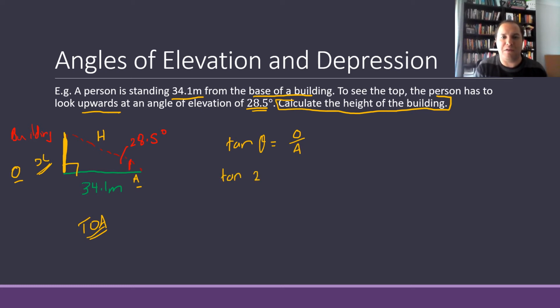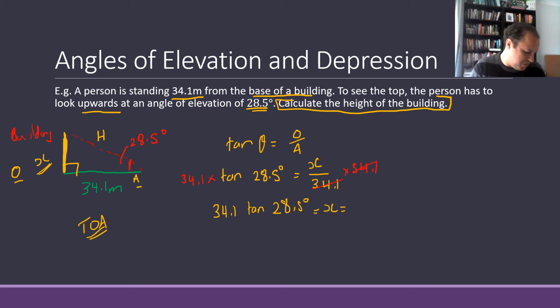The tan of our angle, which is 28.5 degrees, equals our opposite, which is x, over our adjacent, which is 34.1 meters. And then just to rearrange that, we'll times both sides by 34.1, meaning those get to cancel each other out. And we're left with 34.1 times tan 28.5 degrees equals x, which is equal to 18.51